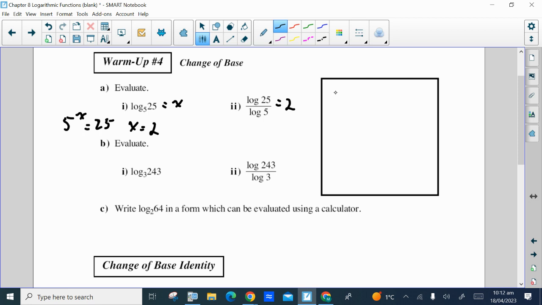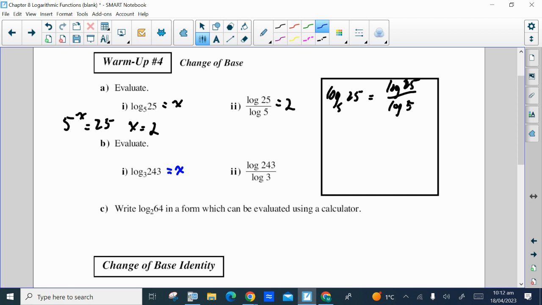So this tells us that log base 5 of 25, which equals 2, will be equal to the log of 25 over the log of 5. They're both equal to 2, so they will be equal to each other. Log base 5 of 25 is equal to log of 25 divided by log of 5. So we can do the same thing with part B, where we want to evaluate log base 3 of